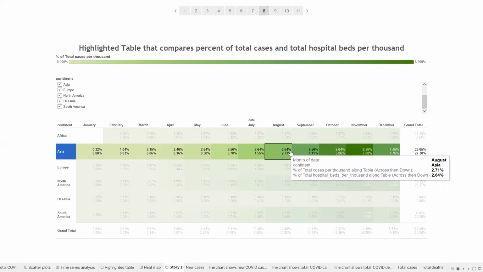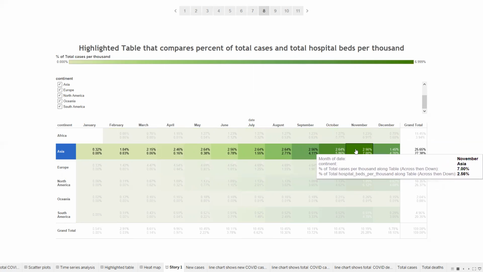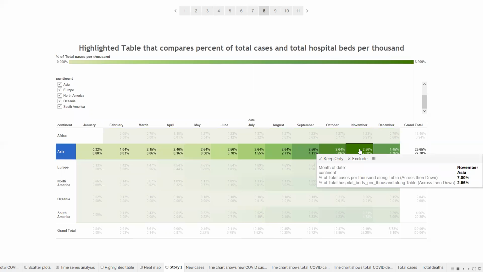After that, it starts increasing, which is a concerning issue because this indicates that the percentage of total hospital beds is lower than the total COVID cases. So in that scenario, due to the unavailability of sufficient hospital beds,